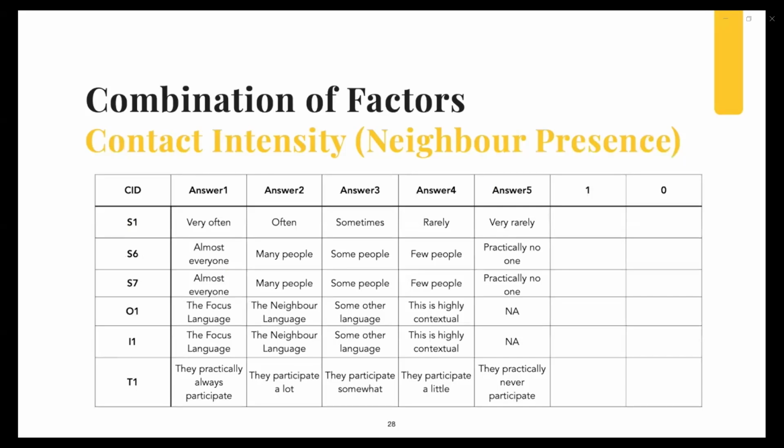If we look at that first question of how often do focus people interact with neighbour group people, we could say, well, it happens very often, sometimes, perhaps these answers 1 to 3 we can binarize as an answer of 1, and then we have the rarely and very rarely answers as a 0. The advantage of binarizing answers is that we can put these responses into a probability distribution which represents a likelihood of this answer being representative of some real world observations.